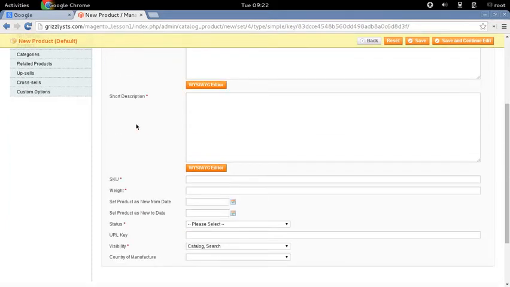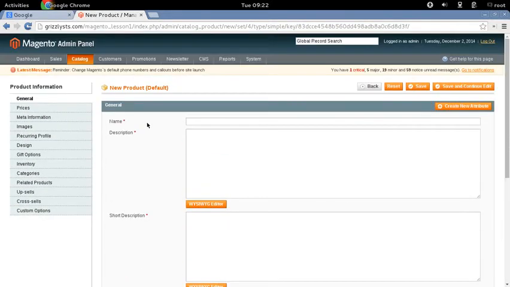And then we come to our actual product creation page. So most of this is going to be pretty self-explanatory. We're going to call this Demo Product 2. And then the description, this is going to be the long description that's displayed once you've actually clicked on the product in Magento. So here we're just going to do Demo Product 2 long description,